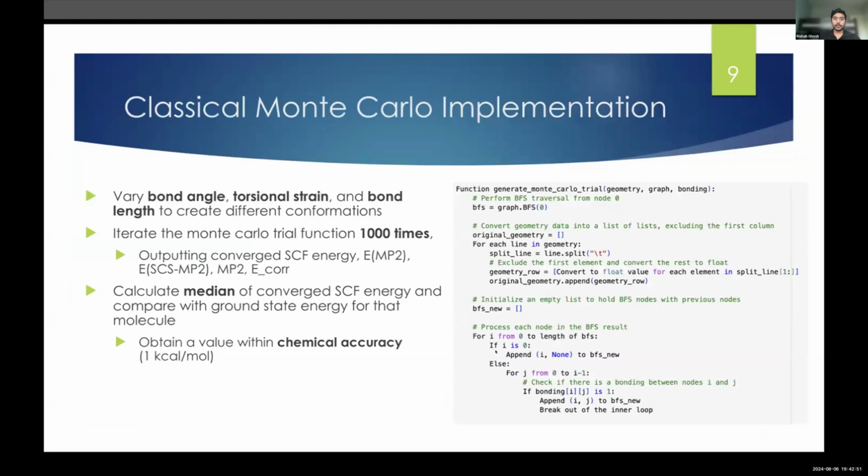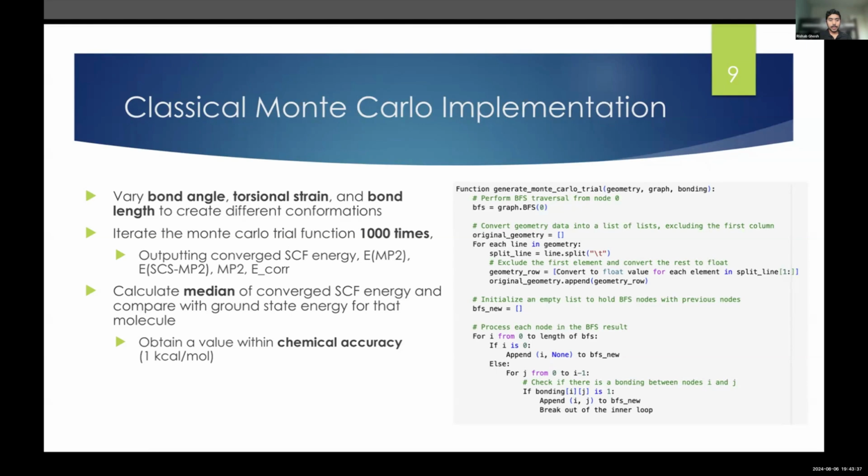And here's our implementation for the Monte Carlo. As you can see, we have some pseudocode here, if anyone would like to try and comprehend how we implemented everything. As mentioned in the previous slide, we created a function to generate the isomers. This Monte Carlo trial function took into account bond angle, torsional strain, and bond length to create different conformations. It iterated over the function 1,000 times to create 1,000 different conformations. And then for each one, it outputted the converged SCF energy, again using the Møller-Plesset perturbation theory